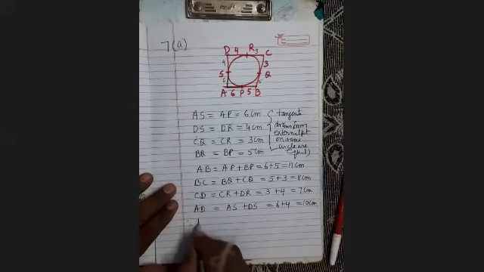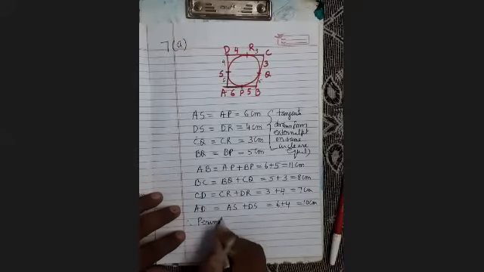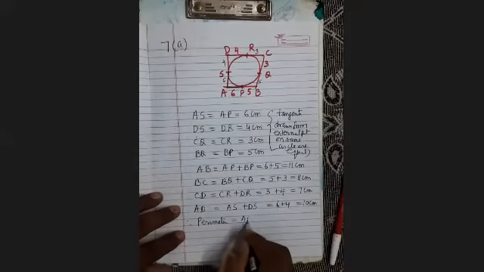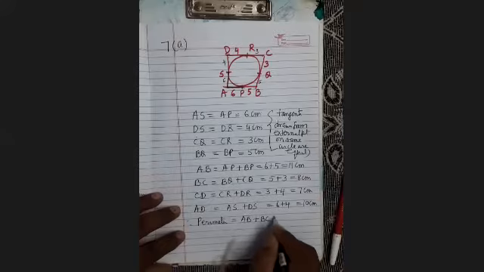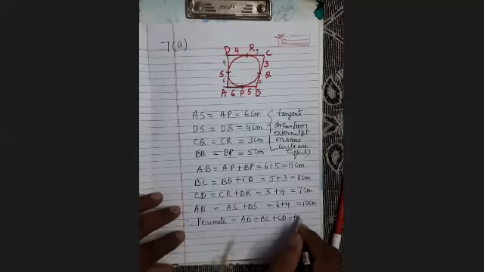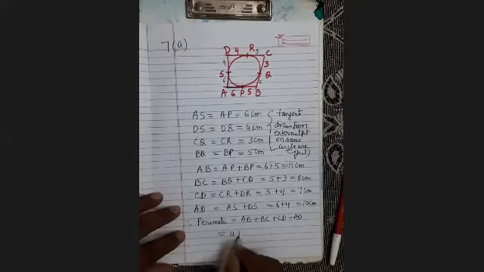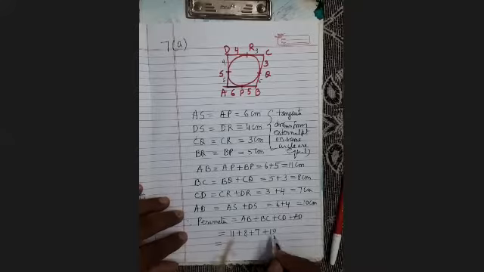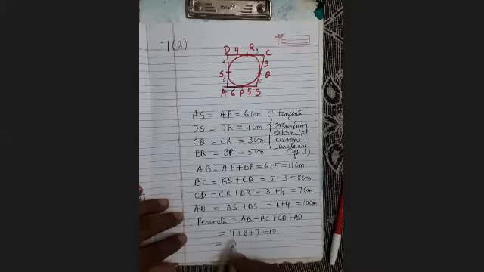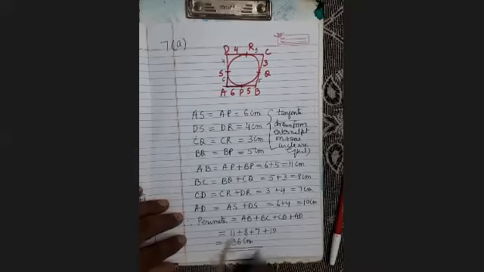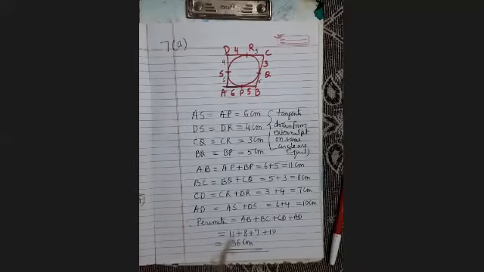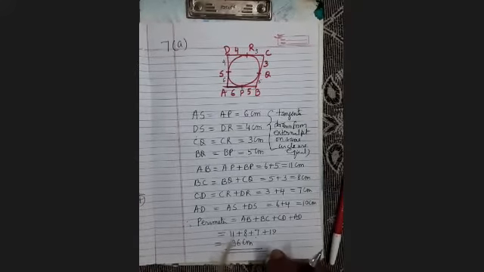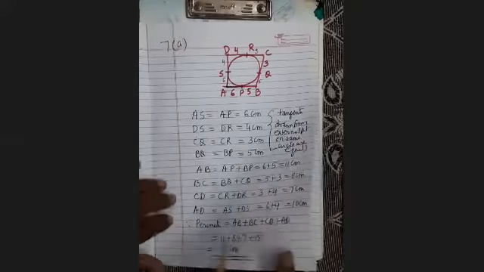Therefore, perimeter AB plus BC plus CD plus AD equals to 11 plus 8 plus 7 plus 10. So ये कितना आ गया? 19, 19, 10, 29, 29 and 7, 36 centimeter. This will be the perimeter. ये perimeter हो जाएगा. आया समझ में? Yes, sir. इसी तरीके से हैं?